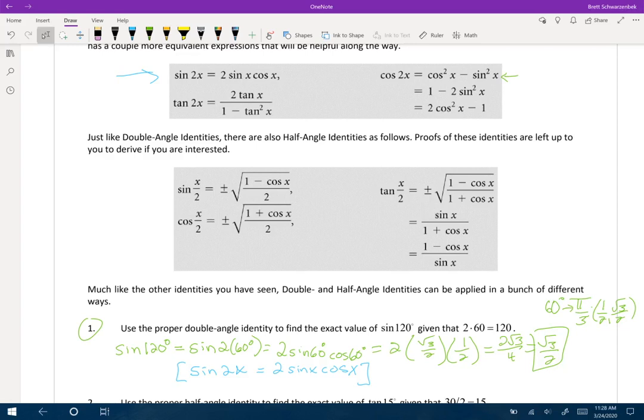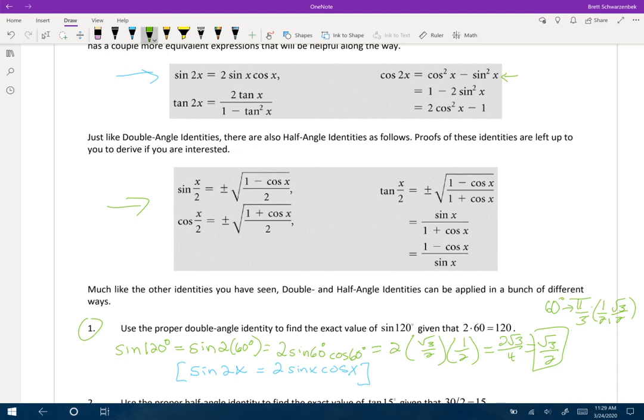Okay, so just like when we had double angle identities, we also have half angle identities. These are much more complicated looking, and we'll talk about that in a second, but basically you'll see that the formulas are given to you. Each one of the formulas has a plus or minus with a square root. This causes some other issues down the line, only because you have to determine whether it's positive or negative prior